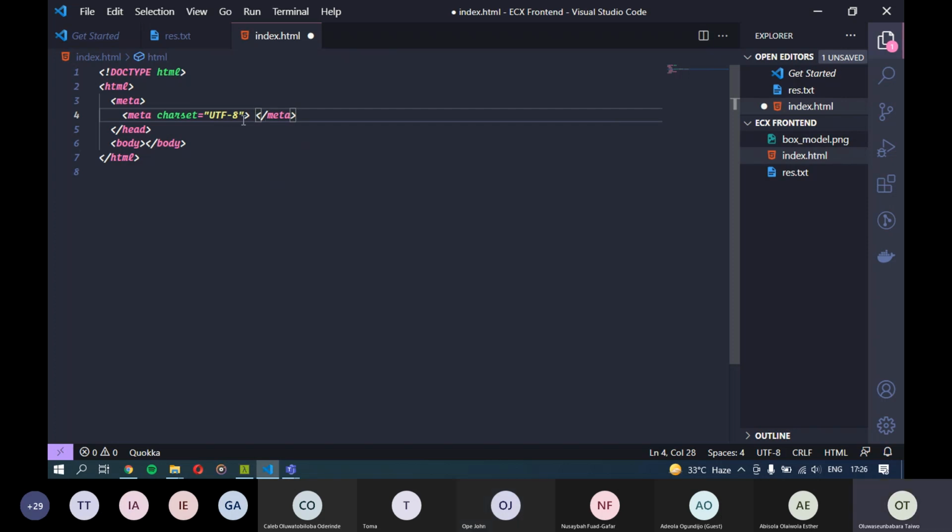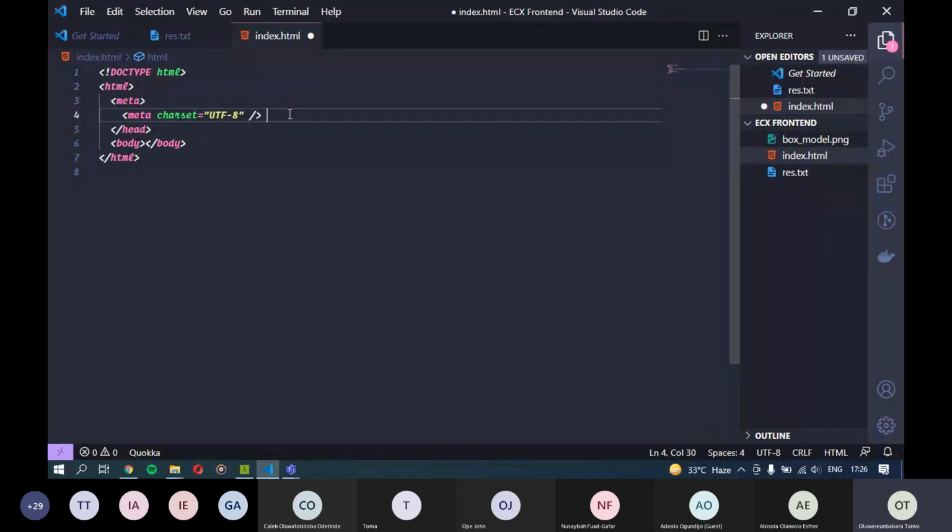But because we're not going to have anything inside of this meta tag, we don't need to do the opening and closing separately. We can just close it inside of the opening by adding this slash at the end. So that's how self-closing tags work. I'm not sure that's the correct name, but that's what I'll call it. So meta charset UTF-8.